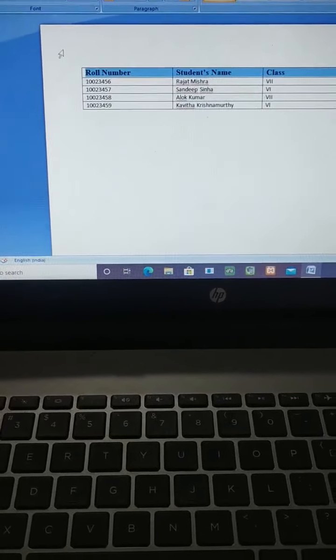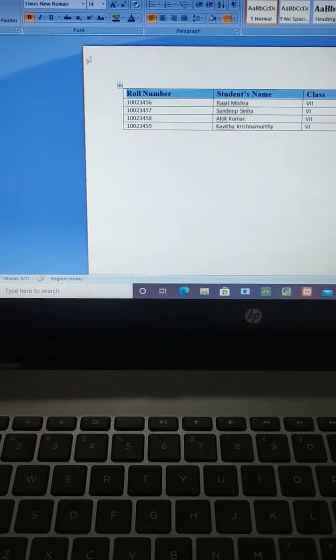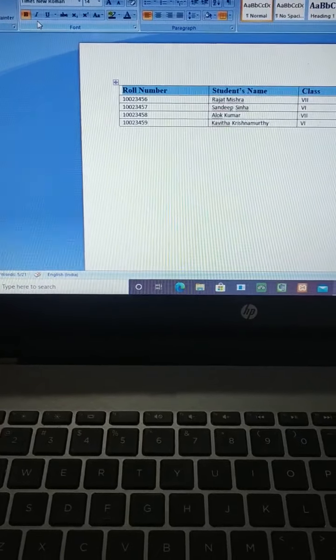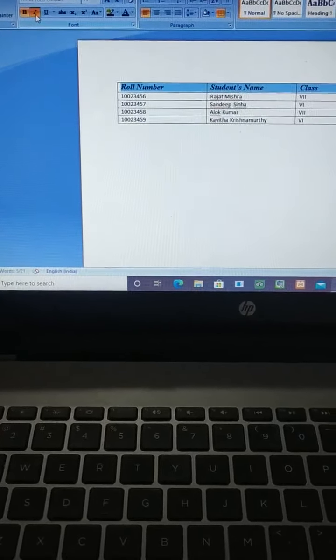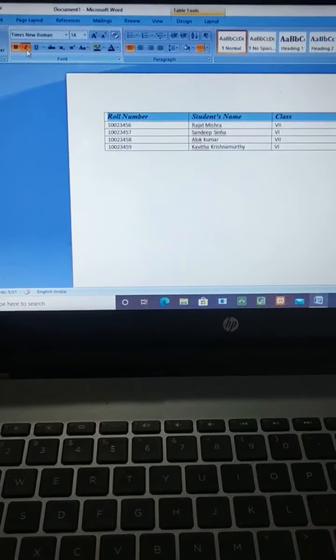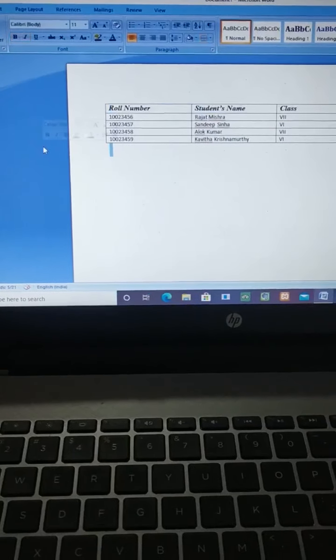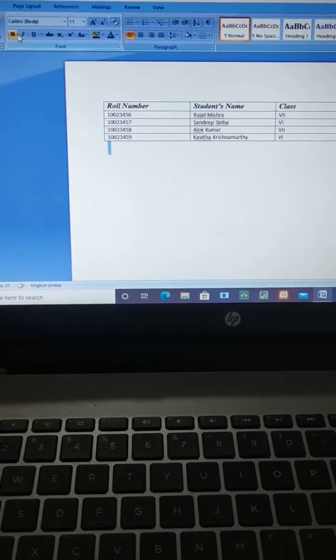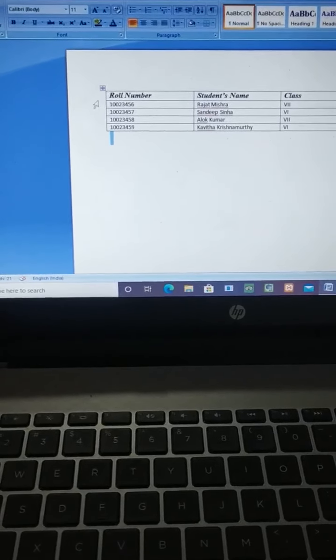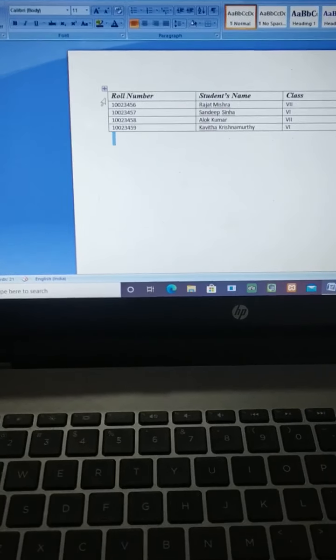So, I hope all of you understood till that. So, next is I. Can you see this I? I means italics. Italics means if we are selecting that, look, all the selected cells will become in a slanting mode. Once more I will show you. Look, if we are selecting this, first we have to select this. Before doing any one, you have to select the row.